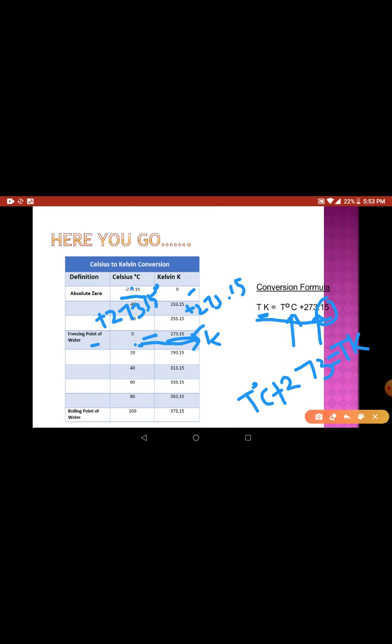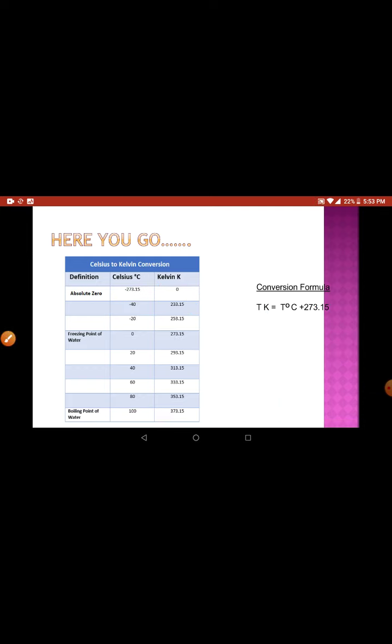examination. And the boiling point of water, which is of course 100, to get it in Kelvin, just add 273 to this, then 100 plus 273 becomes 373.15 Kelvin. So in this way you convert from Celsius to Kelvin very easily, because the intervals of Celsius are equal to the intervals in the Kelvin scale.